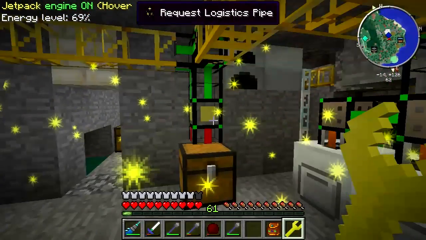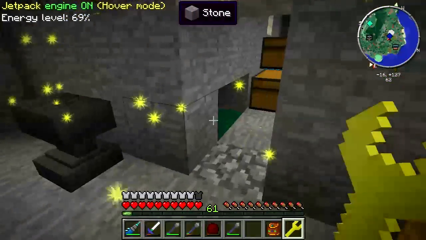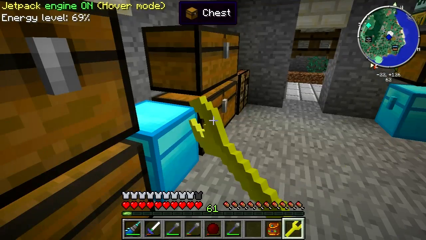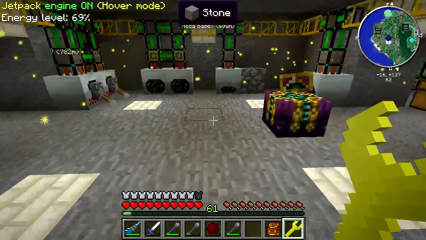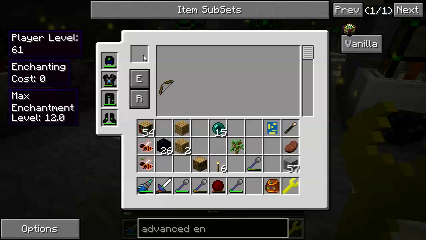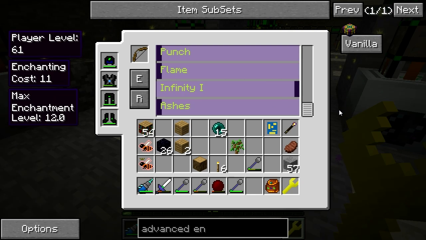Alright, let's get a more ordinary sword. Okay, we'll make one. Here's a bow. Try that. Okay, ENR, enchant or repair. I got that. All right. So if I want infinity on that thing, infinity 1,